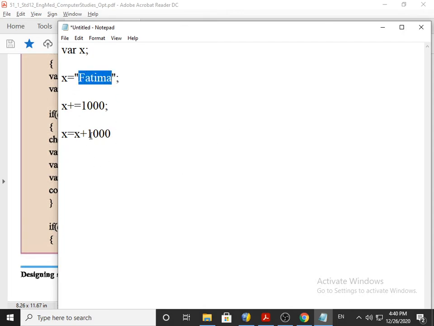You can't add 1000. So it understands it like this, Fatima plus 1000. When the addition is not possible, it will simply join. So it becomes Fatima 1000. So when it can't add, it will join.